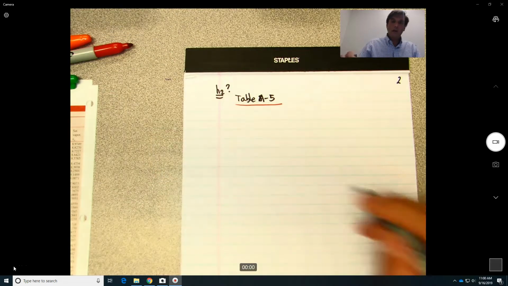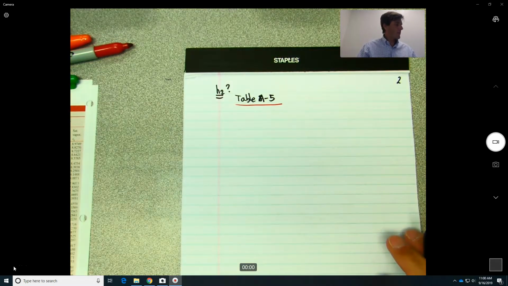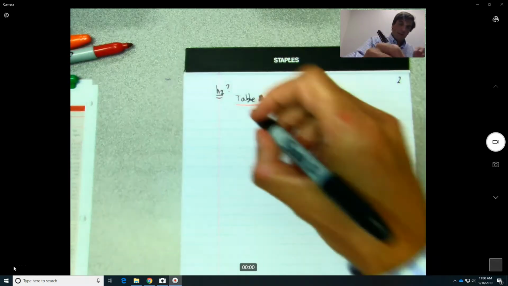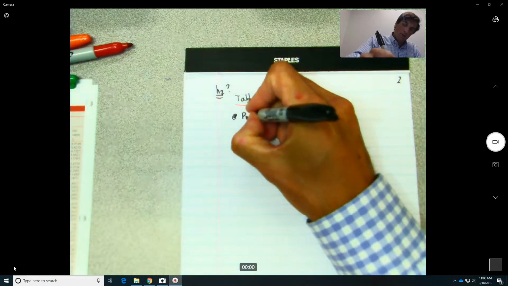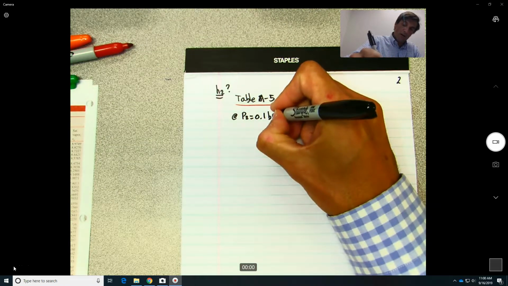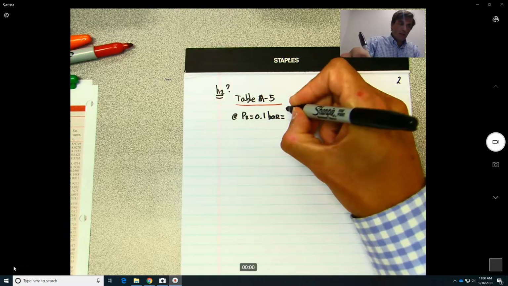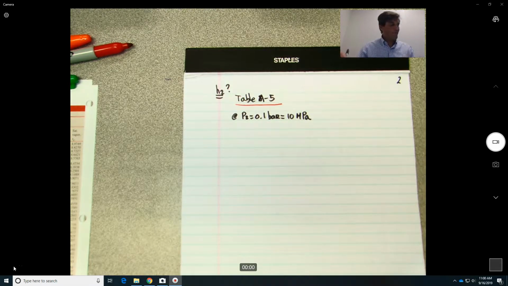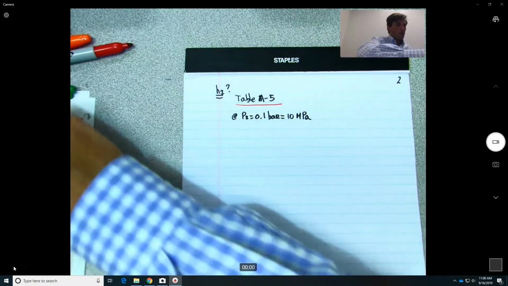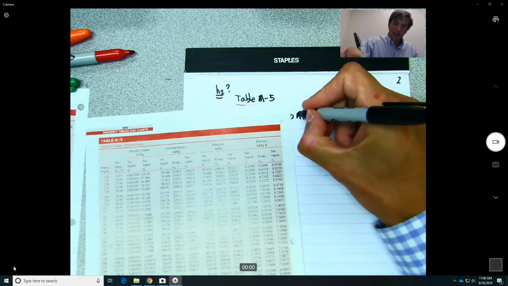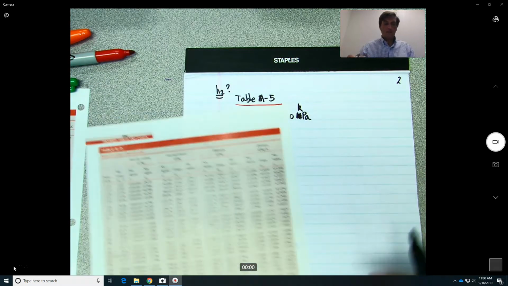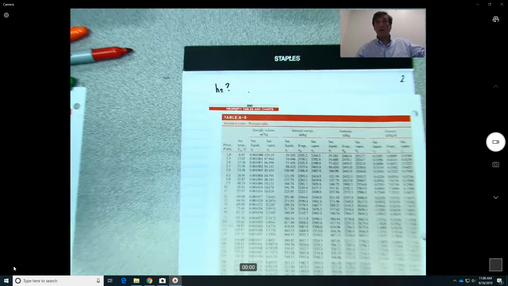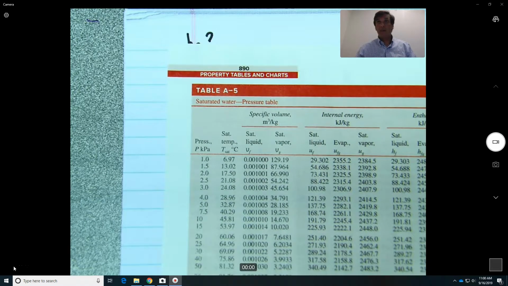So what do we know about state 2? We know the pressure, which is P2 equals 0.1 bar, which will be 10 kilopascals, because over here they have the values in kilopascals. So if we go to 10,